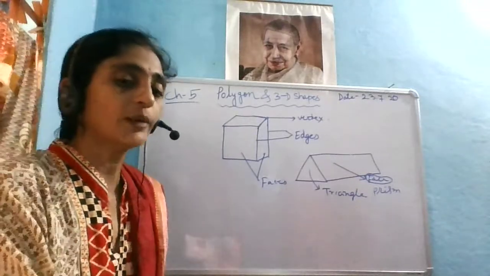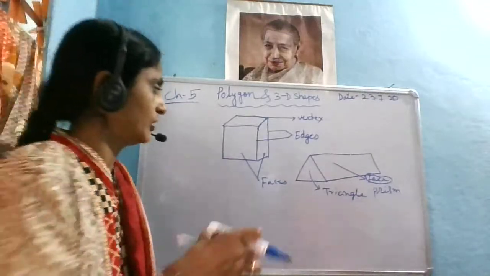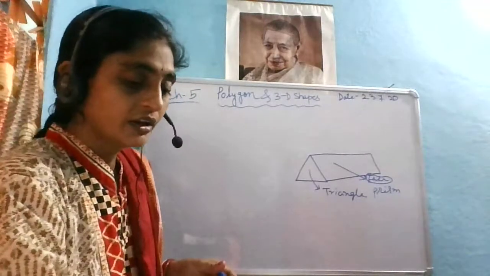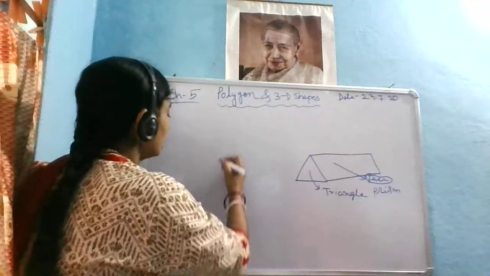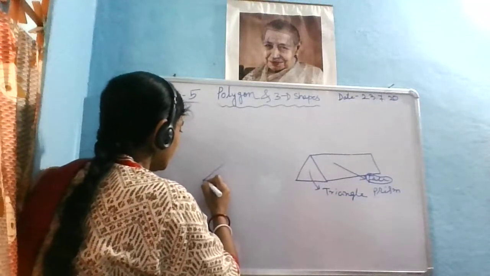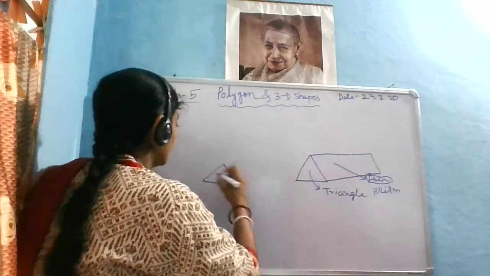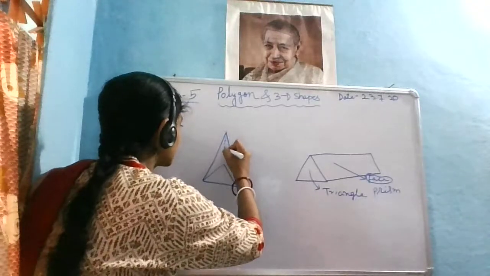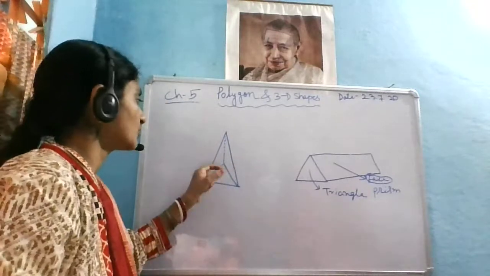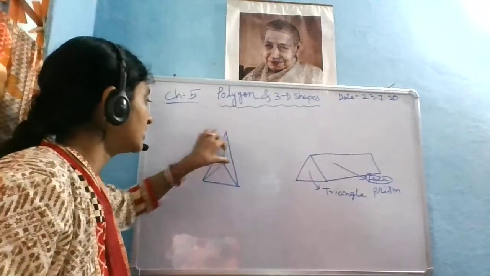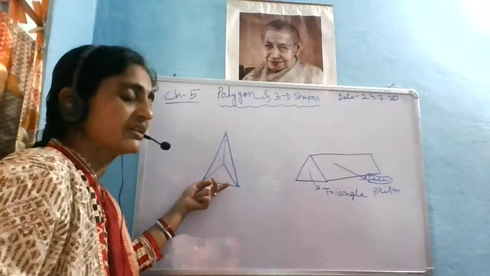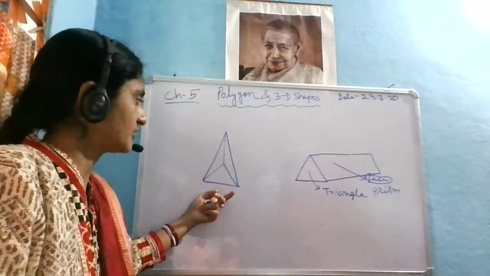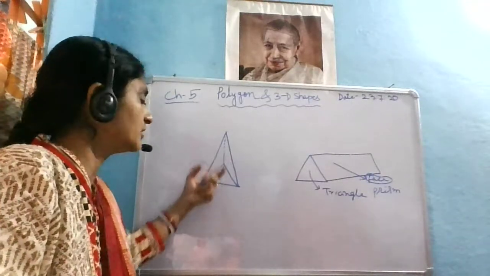Now come to the pyramid. What will happen in case of the pyramid? For a pyramid, you can see all the faces will meet at the top. Let me take a triangular pyramid. It will come up to that, and from the back side it's like that. So in the front face, we can see a triangle. How many triangles are there on the sides? 3 triangles, and at the base another one. So how many faces have we got for this triangular pyramid? We have 4 faces. Yes or no? 4 faces we have for this triangular pyramid.